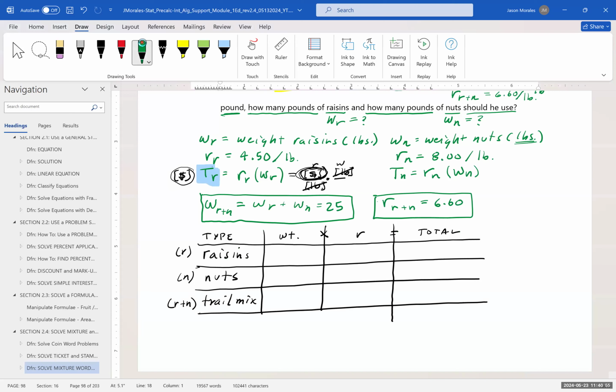And fill this in. Okay, so the weight of raisins, calling this W sub R, and the rate for the raisins is 450. So the total cost of raisins is going to be 450 times W sub R. All right, now with nuts, the weight of nuts